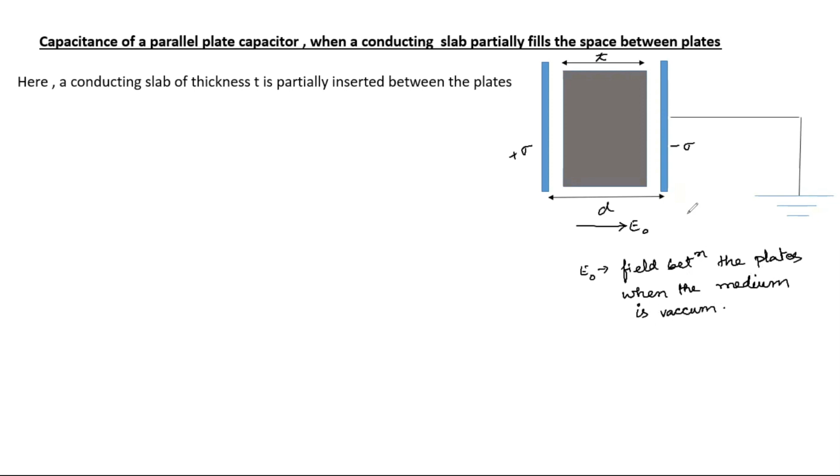Now, since we are having only one electric field which is acting only in this empty space, the space between this conducting slab and this plate, and since we are not having any kind of electric field inside the slab, unlike in the dielectric slab, where we were having a different electric field inside, because of which we will be having